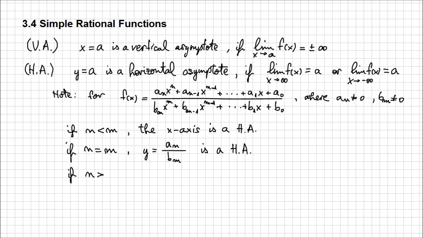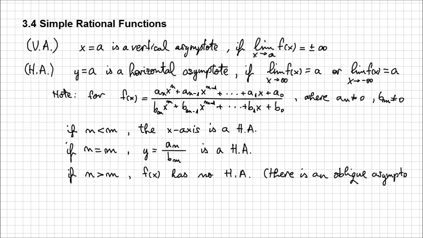If the degree of the numerator is actually greater than the degree of the denominator, then we don't have a horizontal asymptote for f of x. However, we know that we're going to have an oblique asymptote in this case. And with this we go to the last type of asymptotes that we're going to encounter. The oblique asymptotes